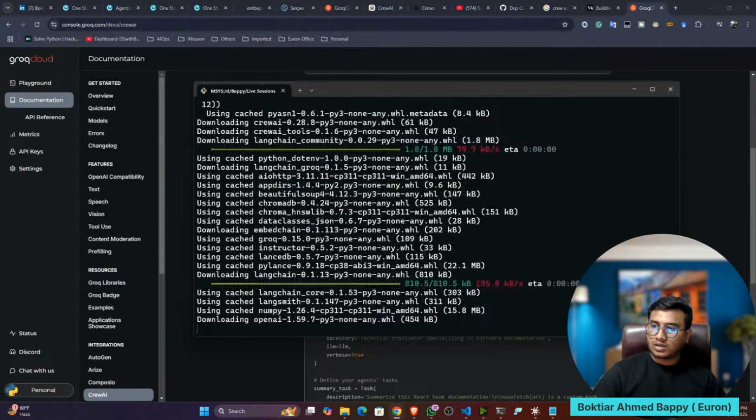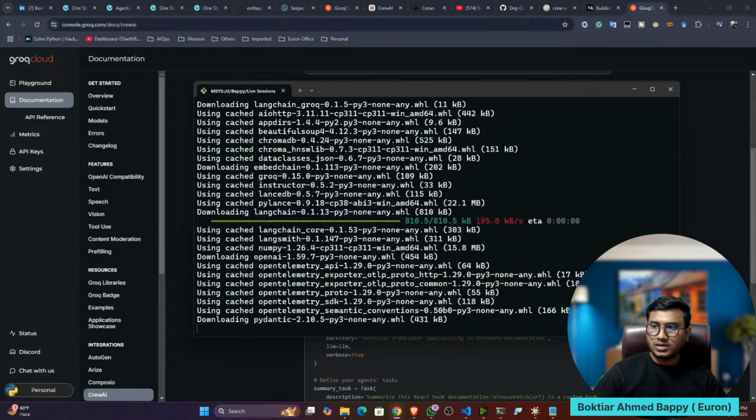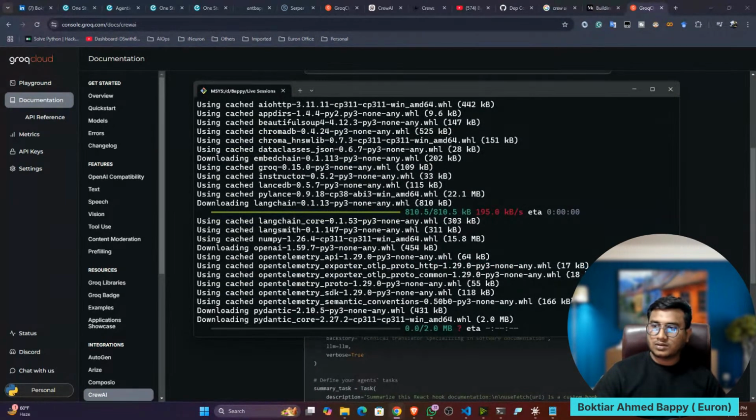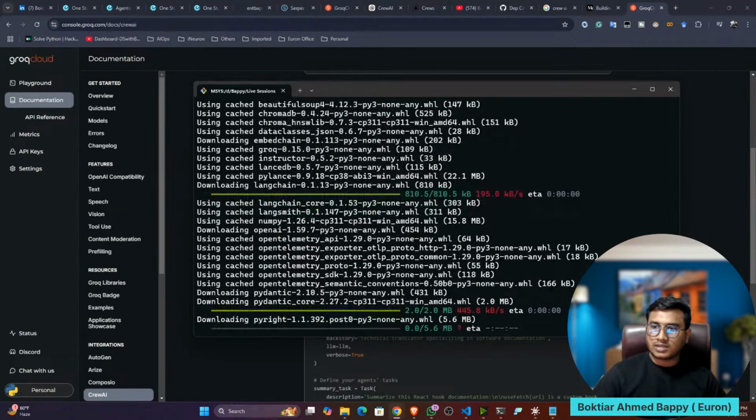Is there any limit on how many agents you have? No, there is no limit. You can create as many agents as you can. But as you increase the agents, your execution time will be high. It would be slow execution because all the agents run one by one, and then you will get the response. So try to reduce the agent size.